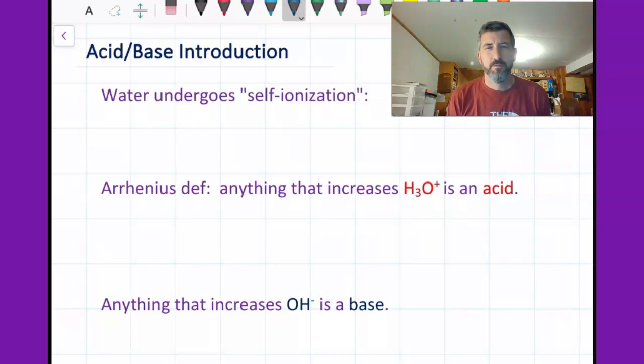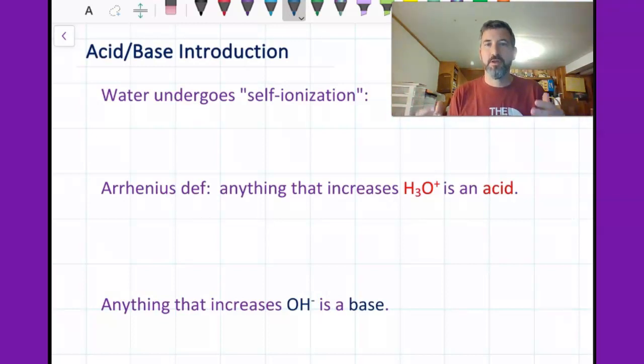So just about, I think, four more lessons to go. We're going to talk about acids and bases. I wish we had more time, but there are going to be some things that are kind of left out. We're going to do our best. We're going to start with what you saw on the CK12 stuff about just what an acid and a base are. And the first thing you have to understand is that